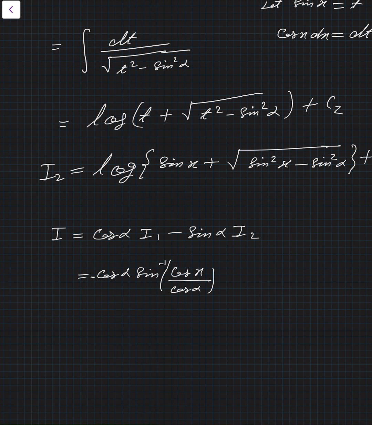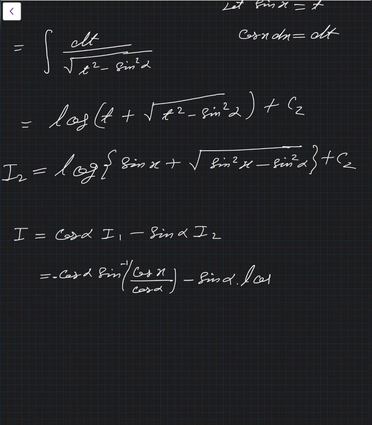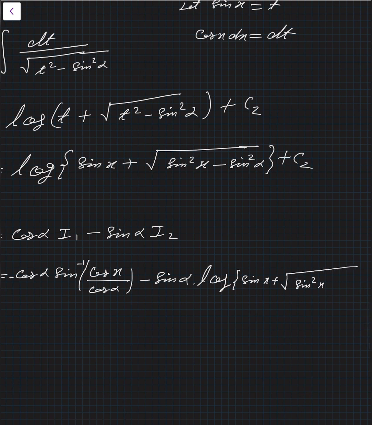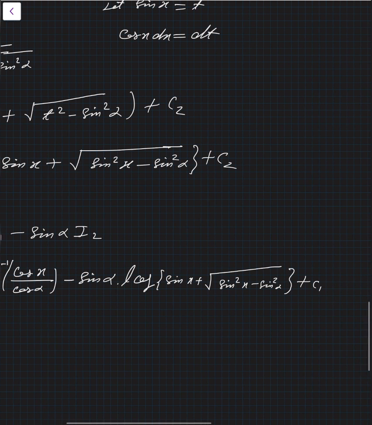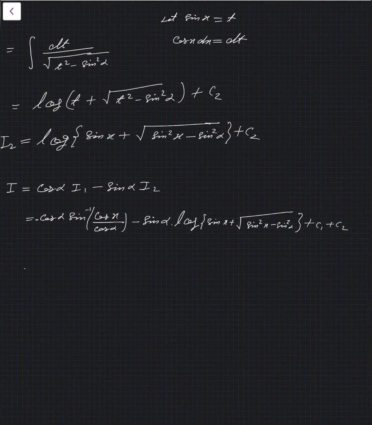Okay, minus sin alpha, and what about I2? I2 is basically log of sin x plus under root of, okay, c1 plus c2, that is c. After that adding the constant. So the final answer is